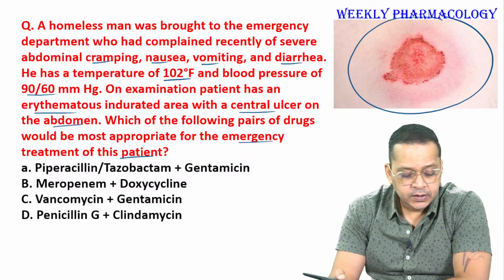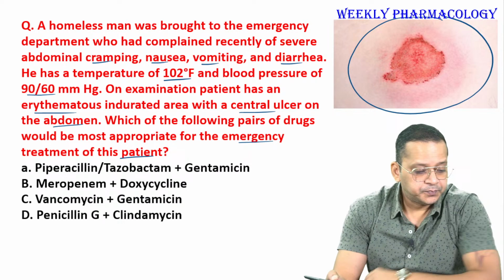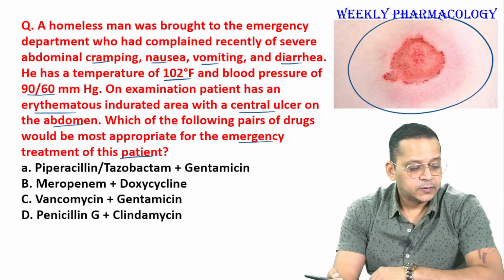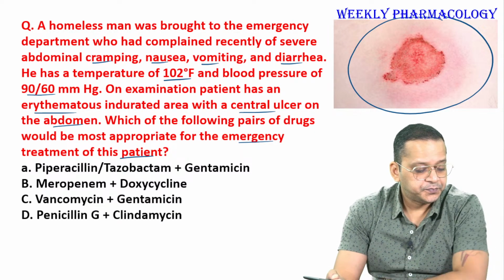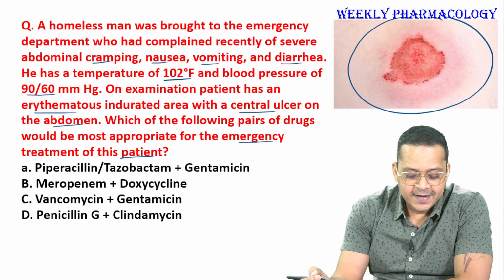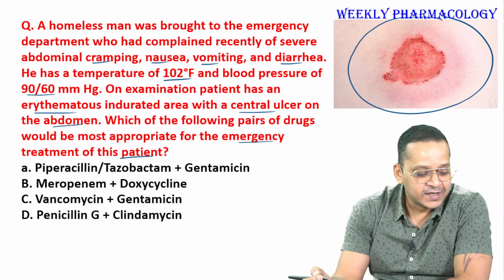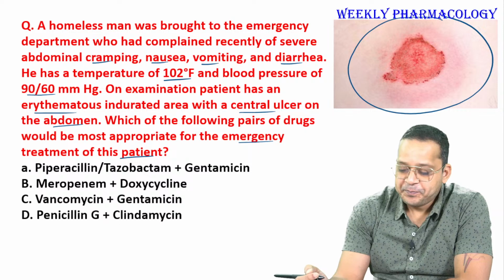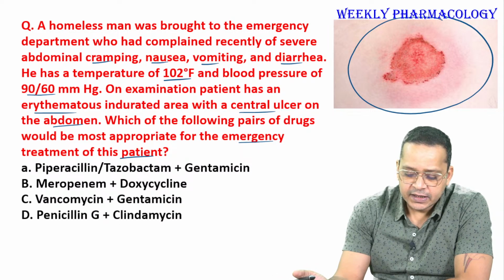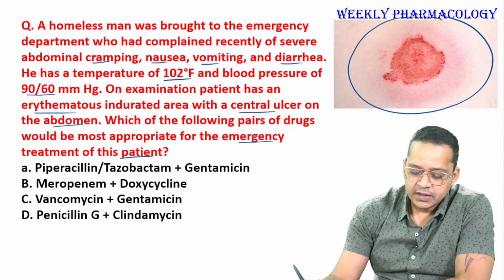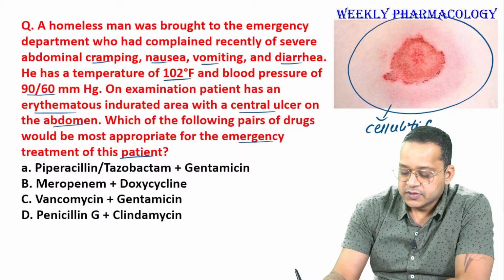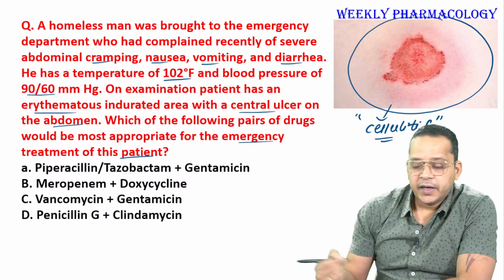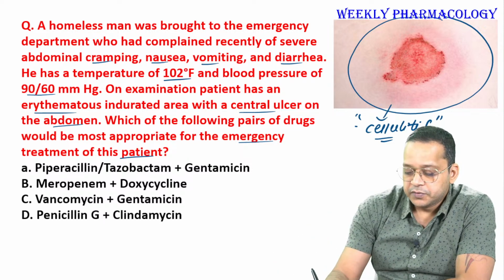All right, guys. So, what do you think would be the right answer here? All right. Let us see. Let us try to understand. So, you can see this patient has an ulcer in the abdomen, and the diagnosis is basically cellulitis. And one of the common causes of cellulitis, all of you know, is